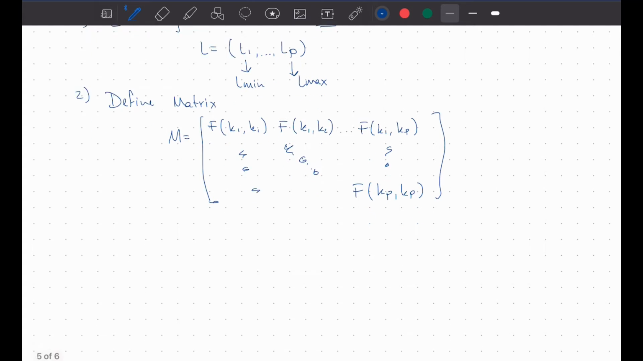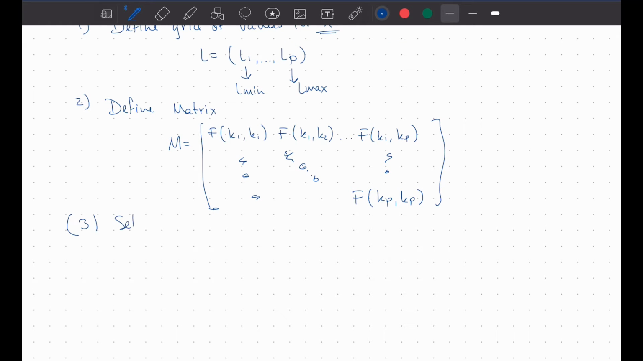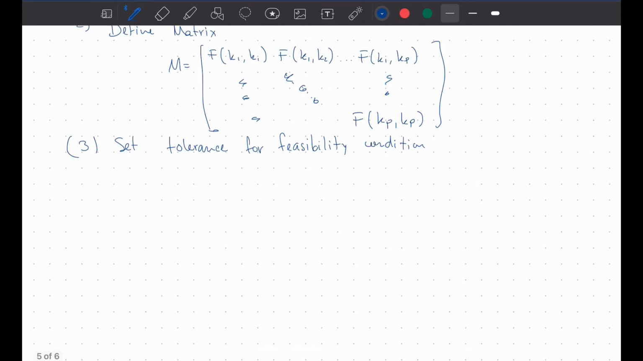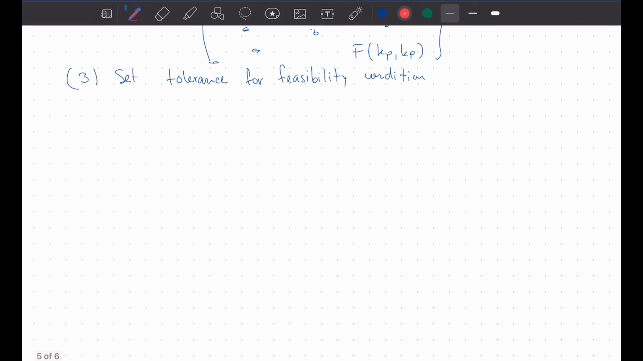So step 3, just set tolerance for the return function or just the feasibility condition, right? So for the feasibility condition, and having said this, we can actually just go right over to the algorithm,